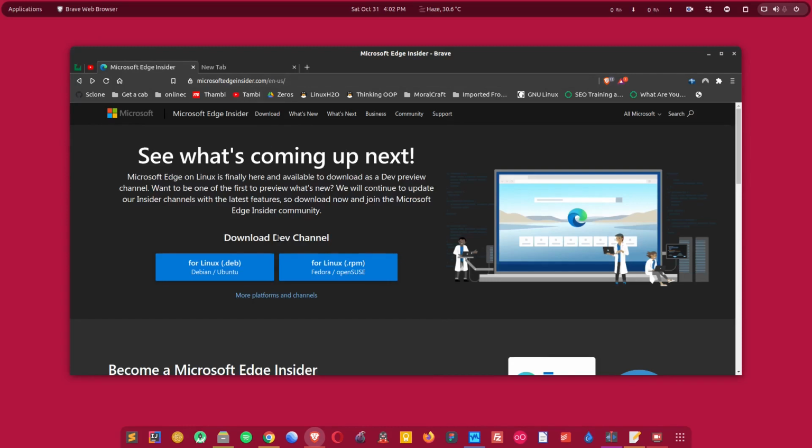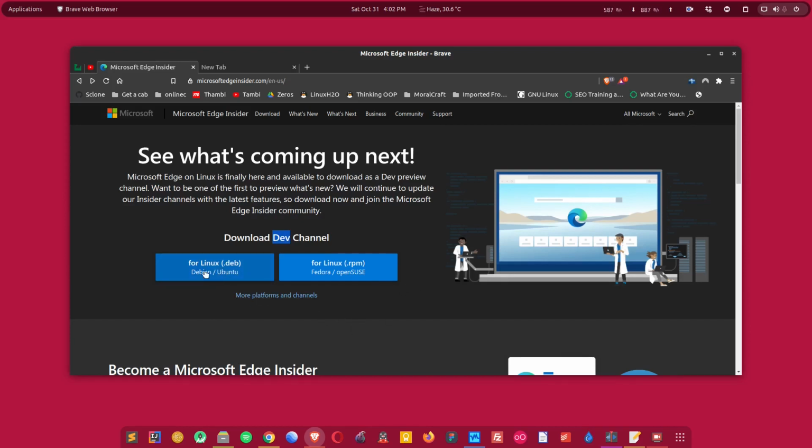and currently it is under developer preview, so it will not have all the features and it may have some kind of bugs in it, but soon they will be releasing a beta version and a stable version, and it will be properly available to Linux. As of now, the build files are available for Debian and Ubuntu based distribution and for Red Hat based distributions.